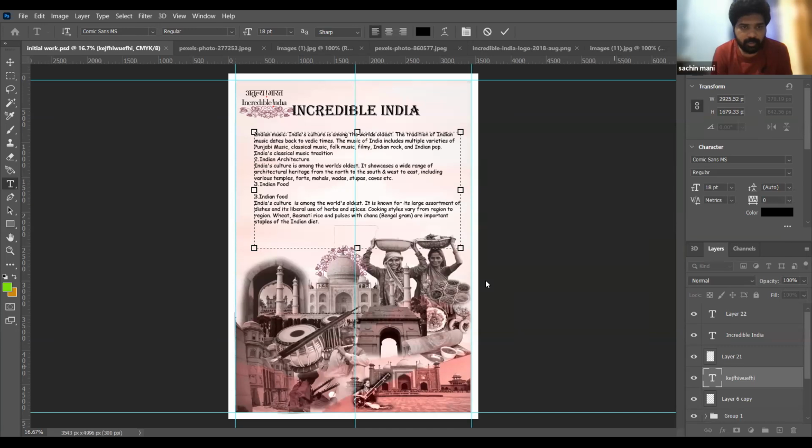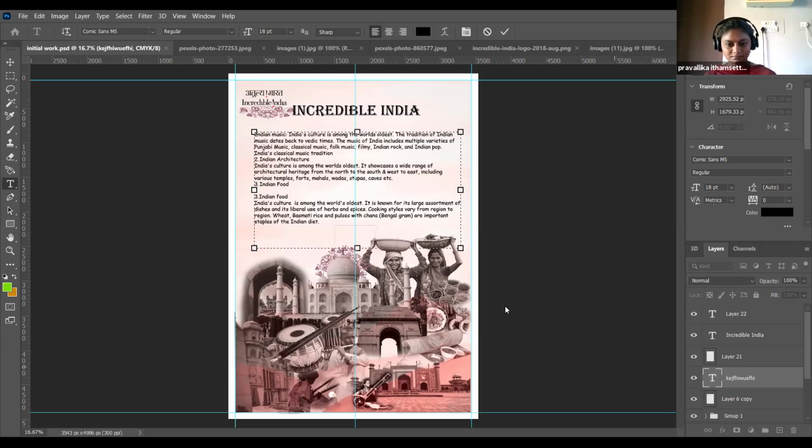Pravalika, can you tell me what is the composition size here? Sir, it's A4 and I use bleed 3 millimeters. A3, sorry. A3, okay. And what is the resolution you have kept? 300 resolution. Okay. And what is the color mode? It's CMYK.